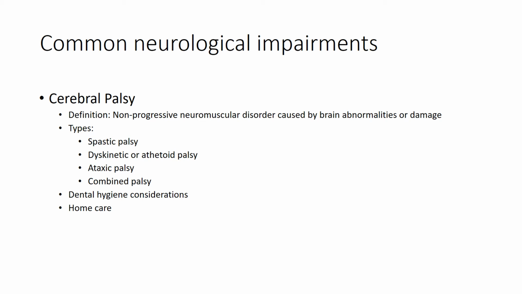Another one of the more common neurological impairments is cerebral palsy. This is a non-progressive, that means it doesn't continue to deteriorate, neuromuscular disorder caused by brain abnormalities or damage perhaps during birth. The types are spastic palsy, dyskinetic or athetoid palsy, ataxic palsy, and combined palsy. Your book does a pretty good job of describing these, so I'm going to leave that to you to review